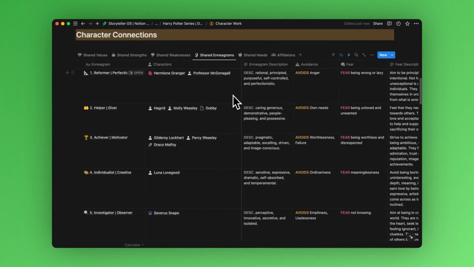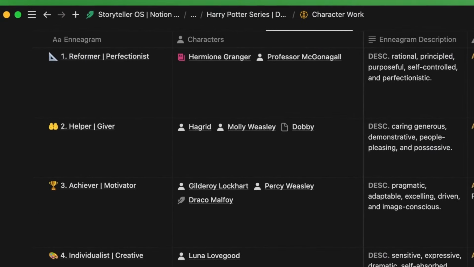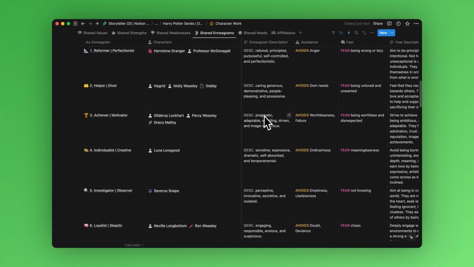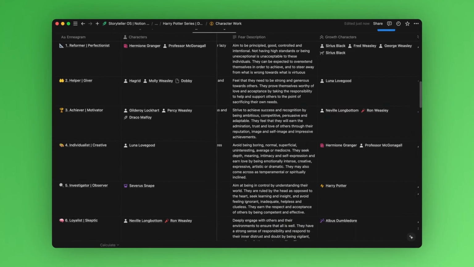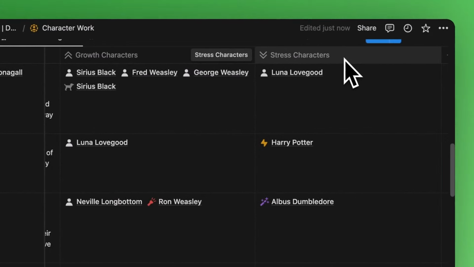Here's a cool one. Shared Enneagrams. This view shows what characters are which of the 9 Enneagrams from your character building. Characters who are the same Enneagram can lead to friendships or rivalries. It also shows the description and other info for each Enneagram. But if we scroll over here, you'll see these two properties: growth characters and stress characters.